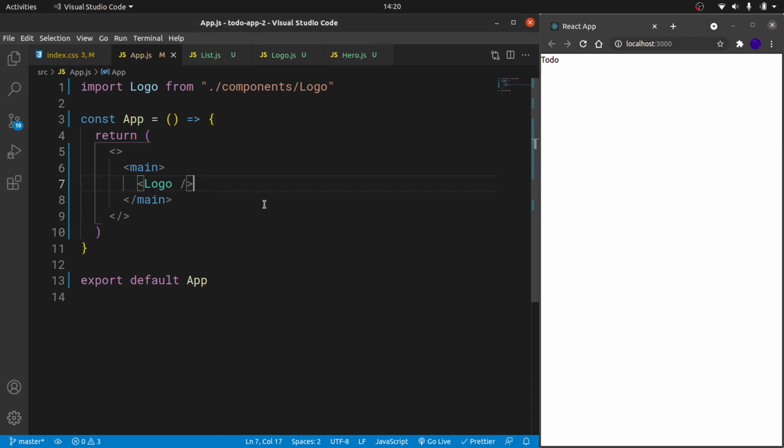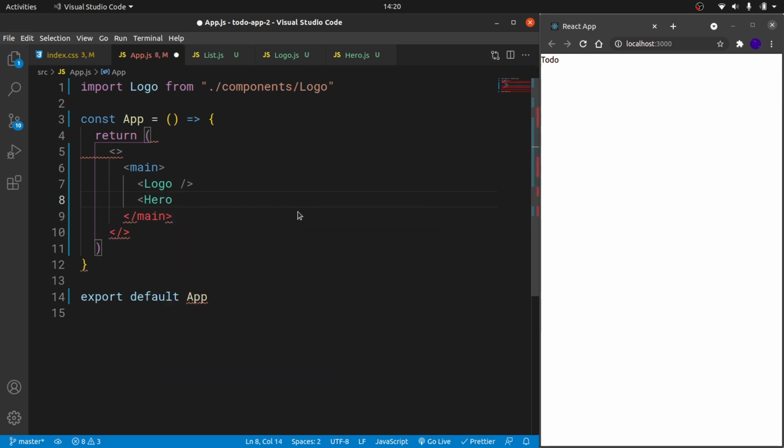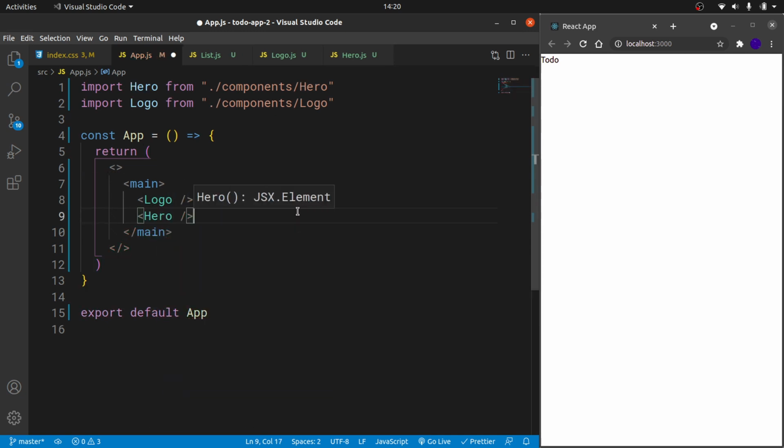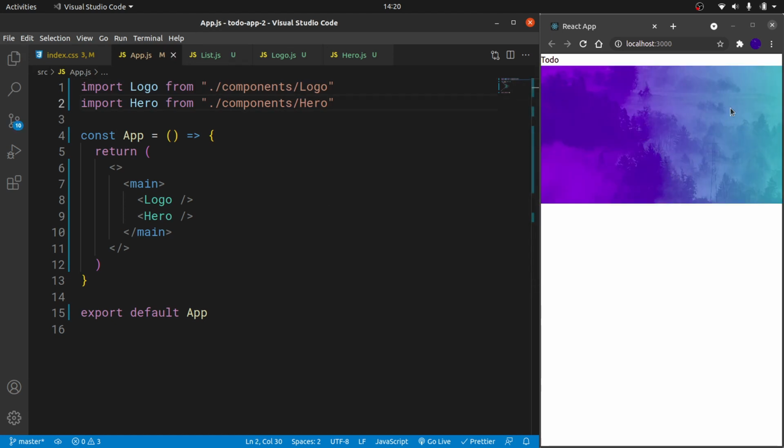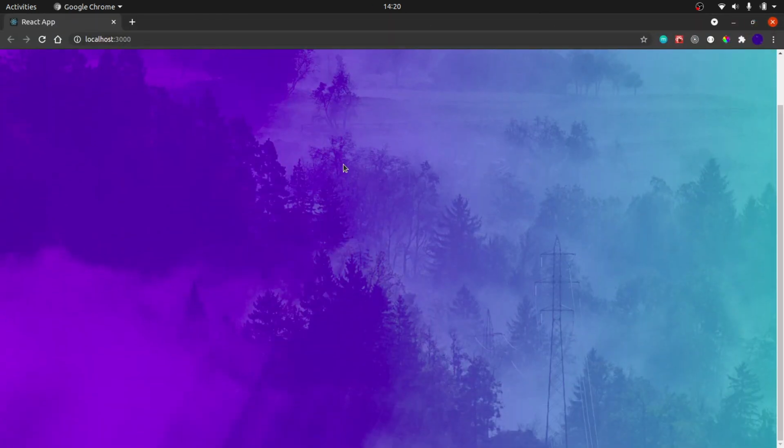Okay, and then below the logo I want to render my hero, so let me say render my hero component, import it as well, like so. Move this downwards so that we should see our image right there. Okay, so that's looking nice. Now once we have both of these, then what I want to do is, obviously you can